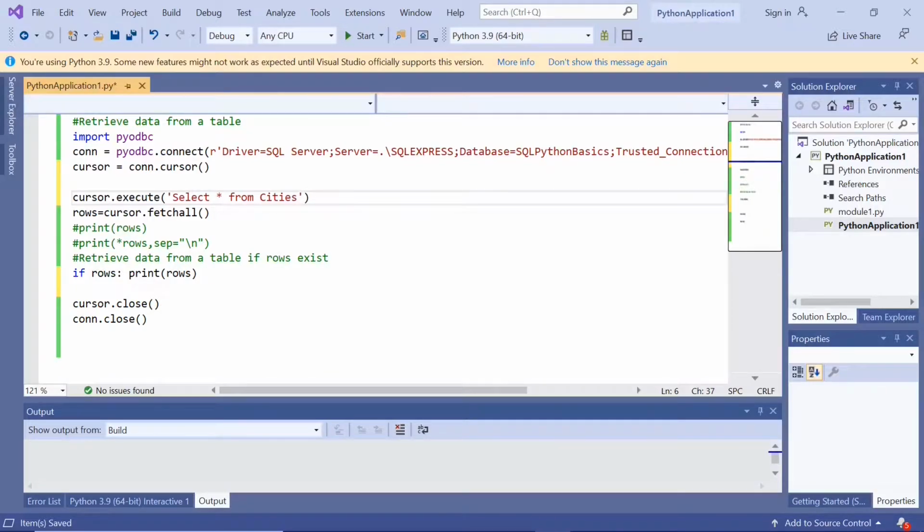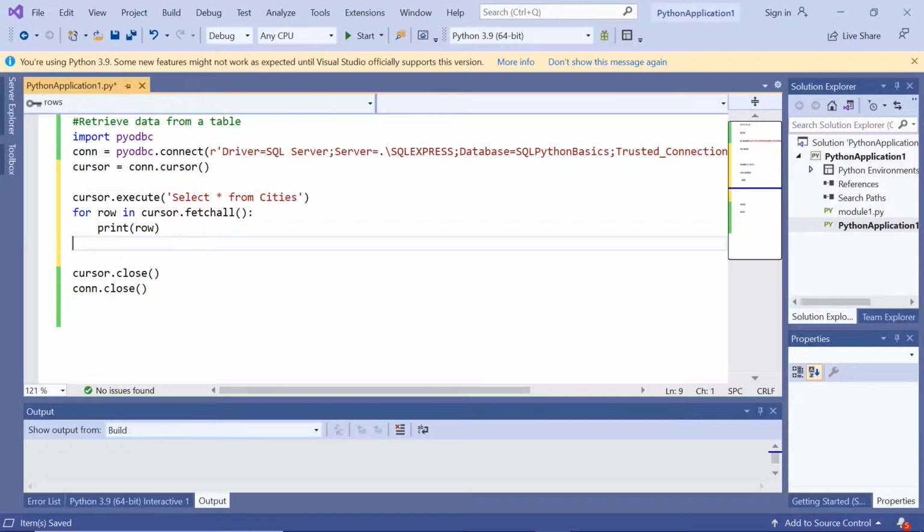It is not an empty table, and this part of the code let us change to a for loop. Now for row, here you can give any name like i or n, in cursor.fetchall, print row. So let us execute,